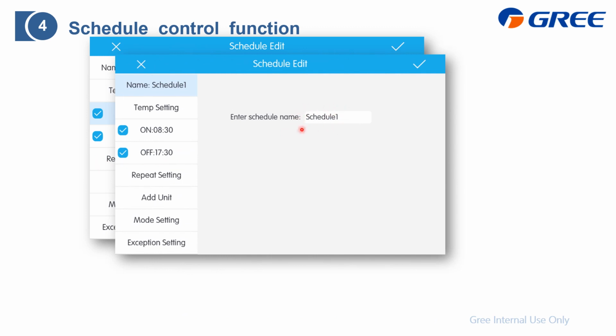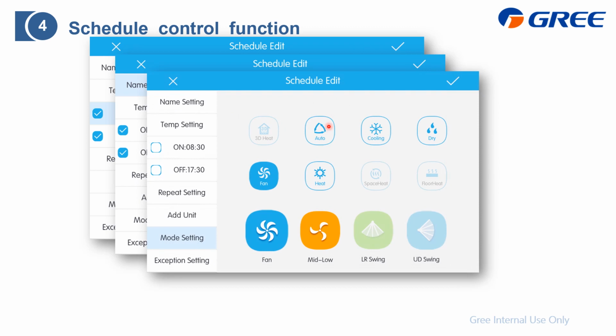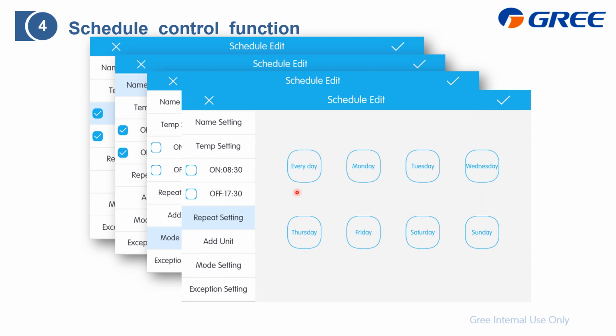And also you can change the schedule name to make it different. And here is the detail of the schedule, to change different modes and different functions of it, and what date it will repeat.